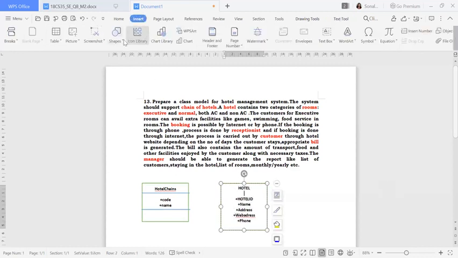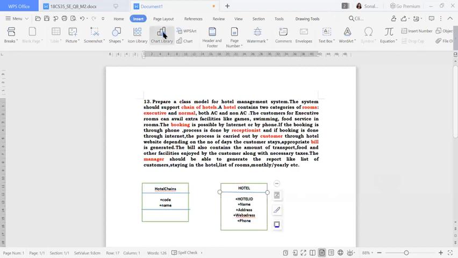Don't forget to give the line bars. I will give one line bar here because this is my class name. Then I will give one more line bar over here and add in the below any function name if you have. Fine. And I'll give the connectivity also in between these two. Okay, so I'm going to give the connectivity.